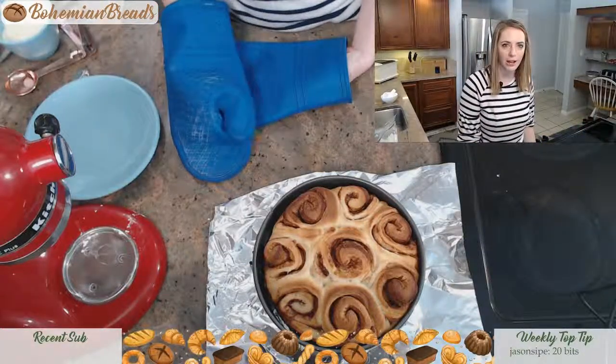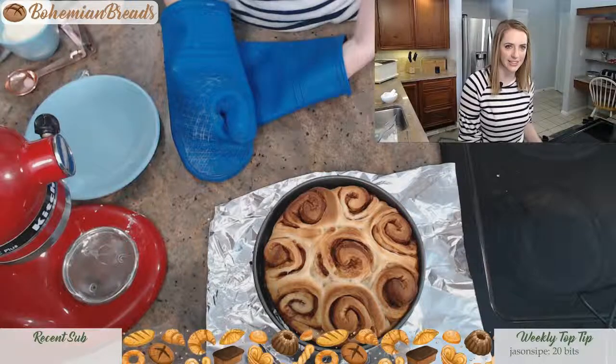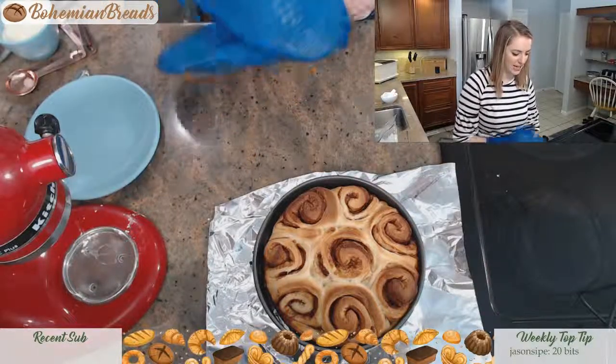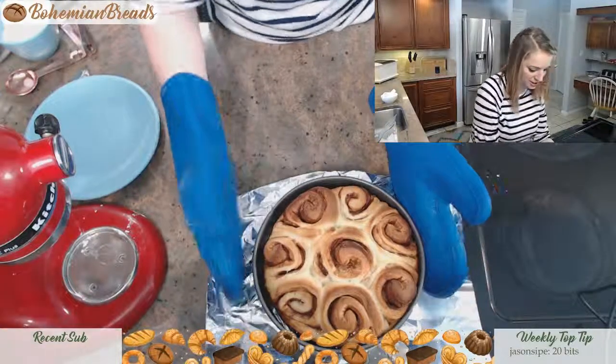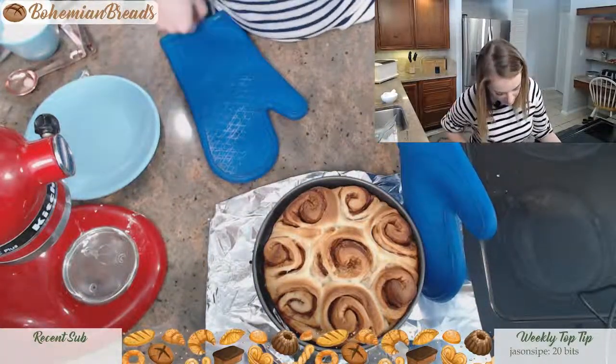This is part of why I love making the cinnamon rolls or something like this, like a tear and share bread in a cake pan, because it holds together. It's a little bit easier to deal with than say a,